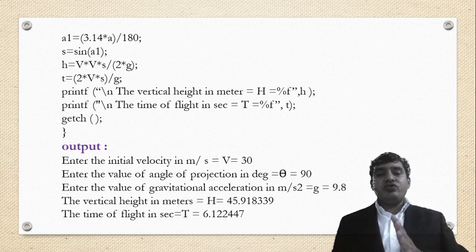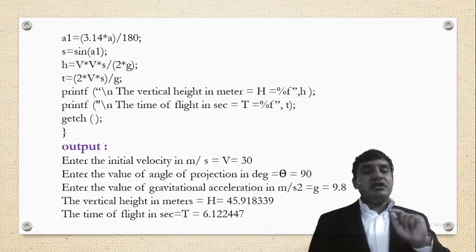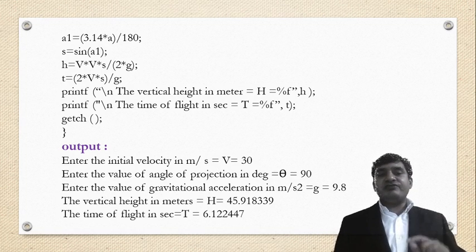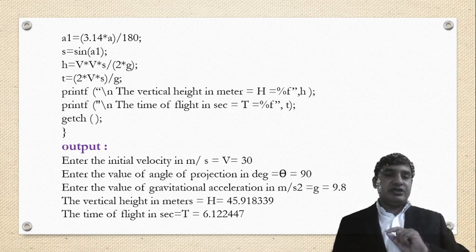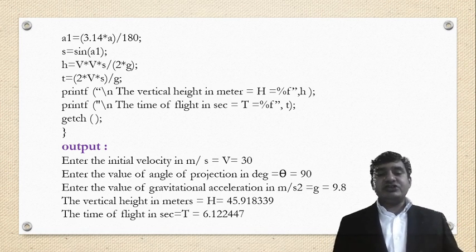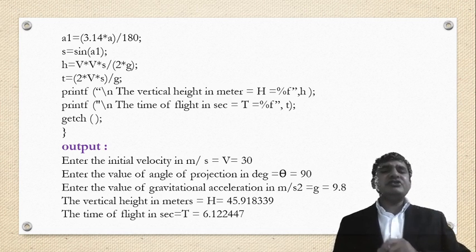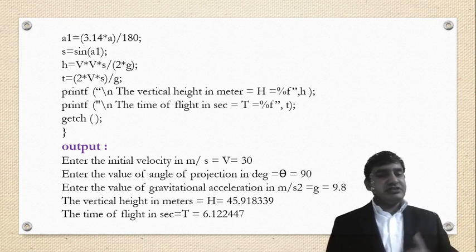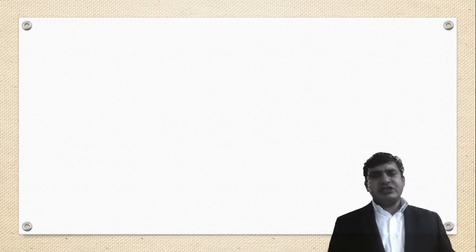The vertical height in meters is h is equal to 45.918339. This vertical height is calculated by using the formula h is equal to v square into sine theta divided by twice g, and time of flight in seconds t is equal to 6.122447 seconds. Okay, so this is the very simple program. Now we have to see the second program,